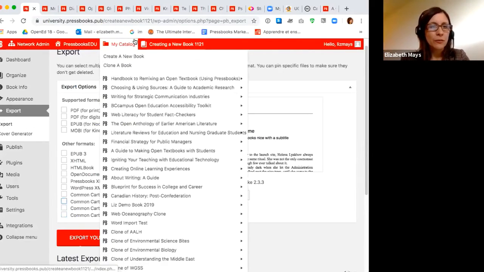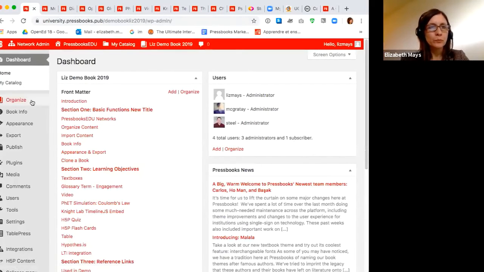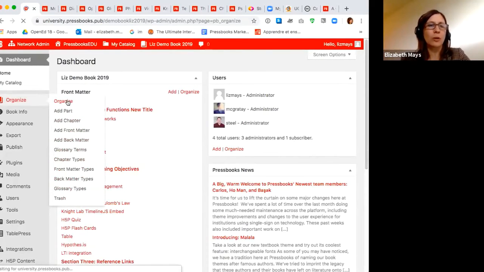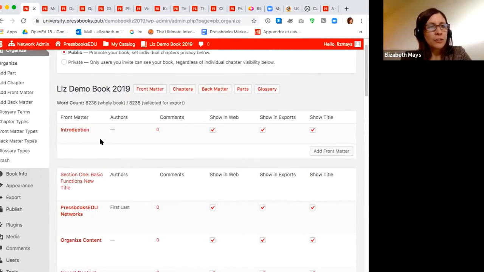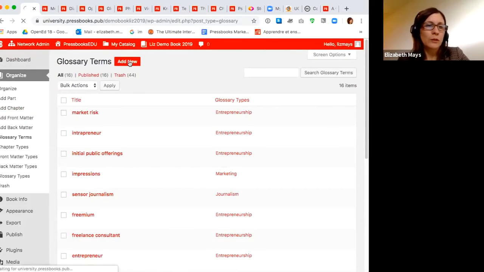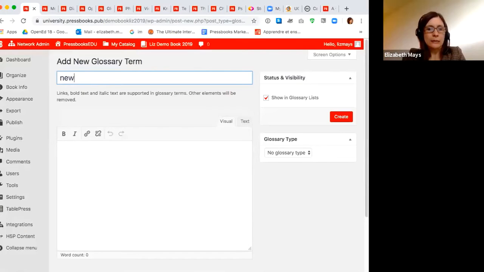I'm going to show just a few of the more interactive features now and how to use those. So this is a demo book I've set up with a few elements already in it. And I know I showed you glossary terms just a bit ago, but I will show how to create those. So I've pre-populated this book with some glossary terms, and let's say,